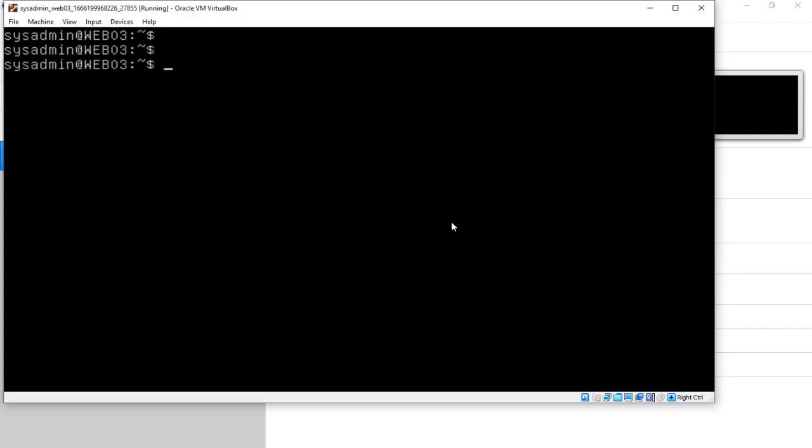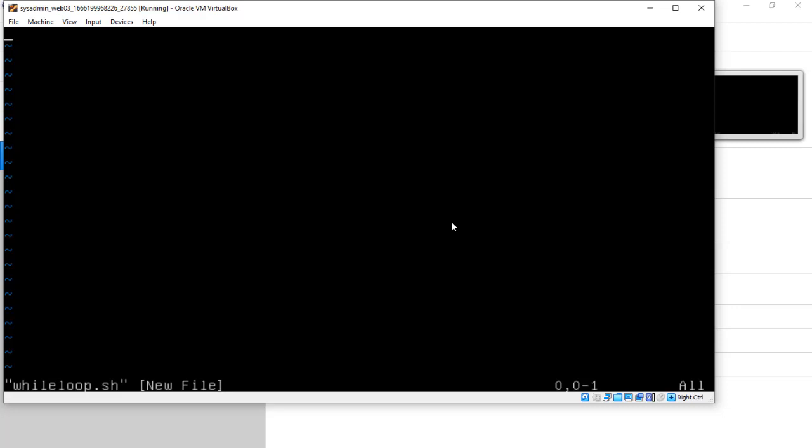So let's quickly go over an example of a while loop. Alright, we'll be creating a file. Let's say you just call it while loop.sh. In this file, first importantly, you need to provide the shebang, the interpreter. Alright, so when that is out of the way, what we want to do here is count